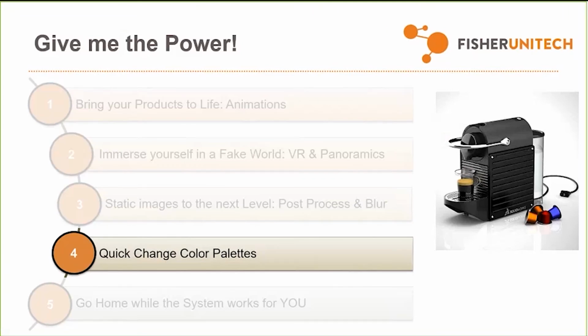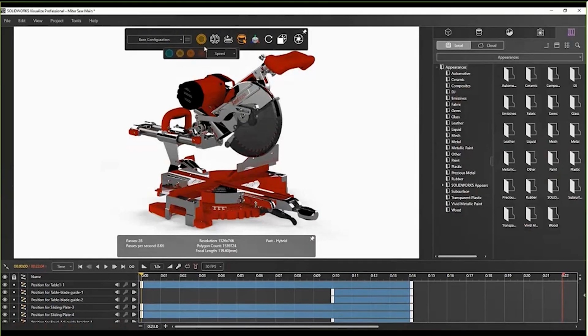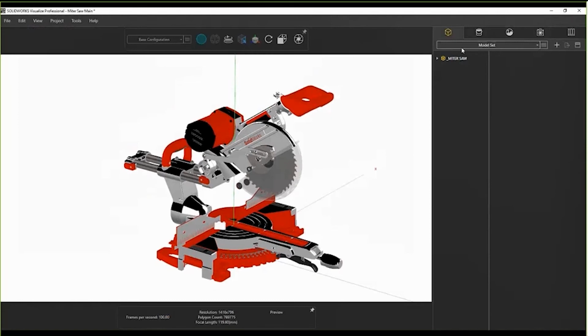Now another big thing that people end up doing in Pro is just that quick change of colors, right? So I don't want to have a project for the 20 different versions of the colors that I use on one single product, right? So it's a little bit different than configurations inside of SolidWorks. You're going to find it up here, and it's literally just for colors, right, for my appearances themselves. So I'm just going to add a couple of these configurations, right? It's just from that drop down, I can move the plus sign, and I'm going to go ahead and create these